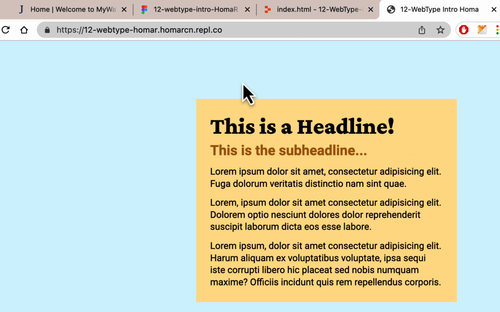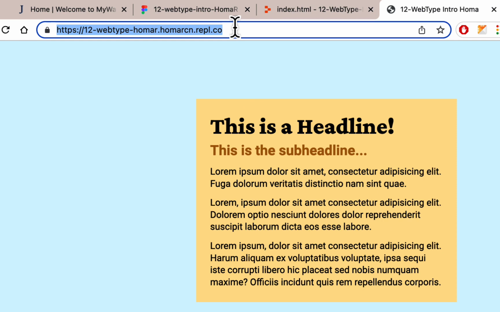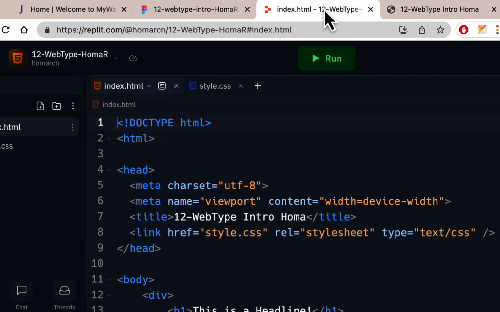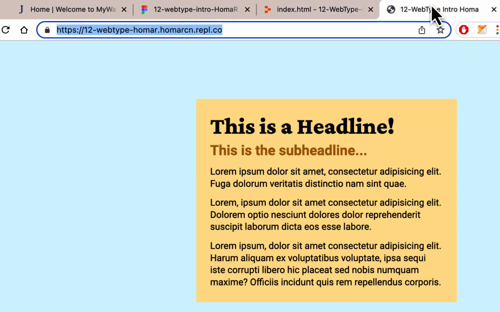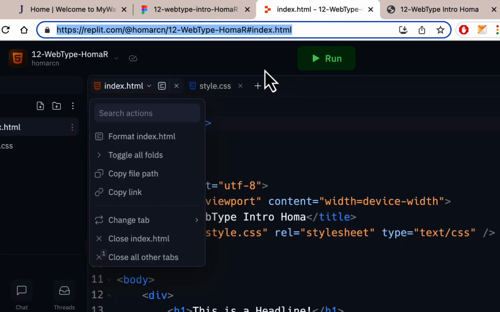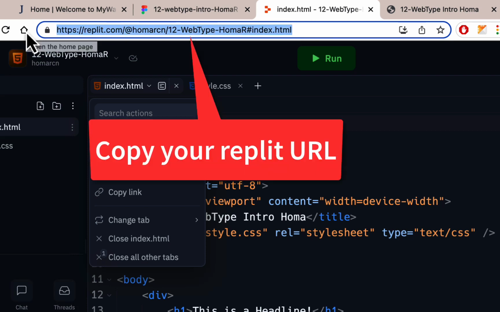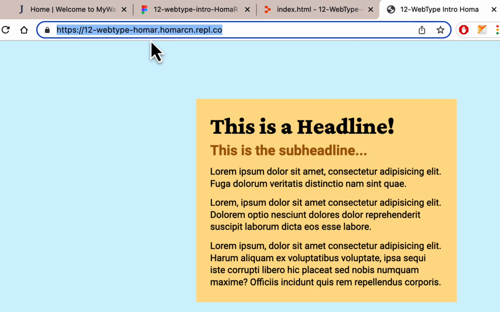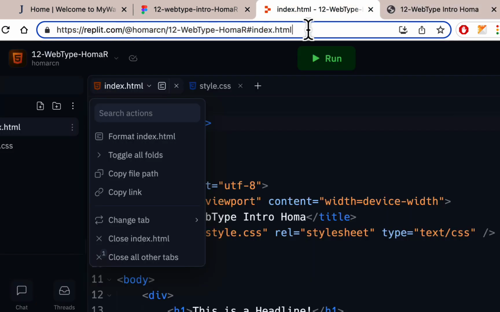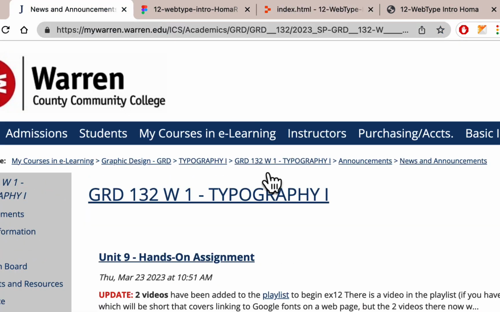So when you're done, just copy this, Command C or Control C. Or actually what's better would be to copy this. Just go to your index and copy this, because this will show me your final page, and I could look at your final page at any point, but I'd rather see your code. So if you go here, I'll see your code first. So do this, copy your index one. And if you did the other one, it's no big deal because each one does have your username in it. So I will see your username, so it's not a big deal, but I would prefer that you highlight the code one. So highlight the code one, copy it, and then go back to MyWarren and go to coursework